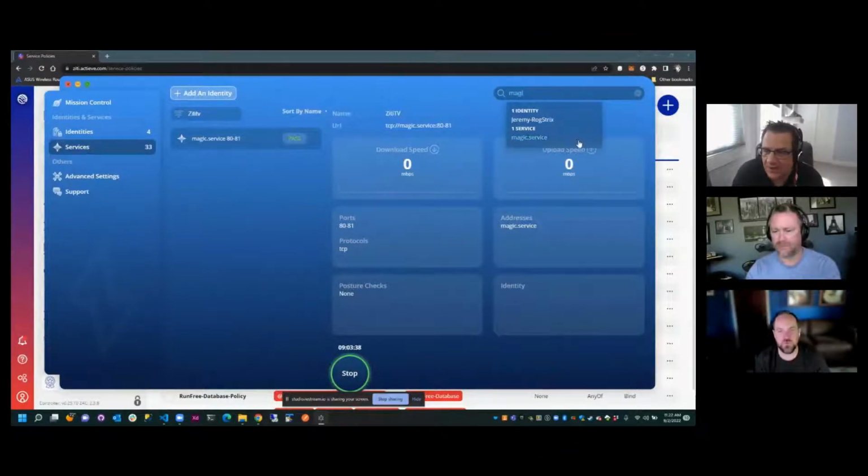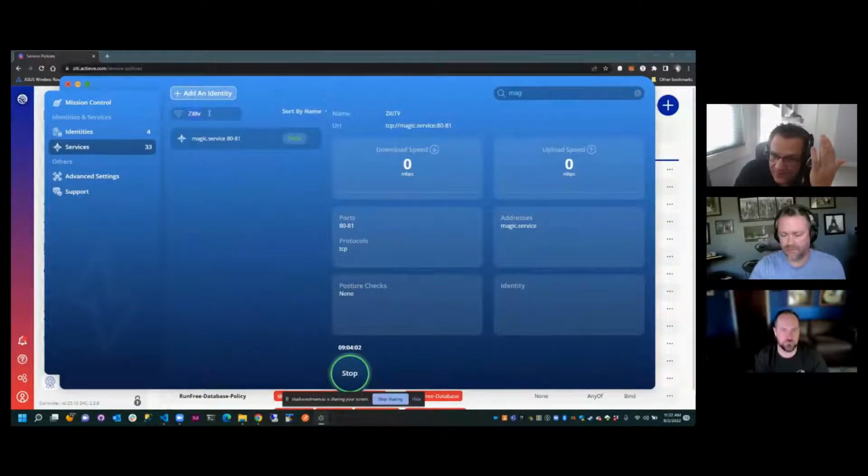Okay, so it shows it as magic service. Now I feel like the service name was ZD TV here. I don't quite understand why magic service is shown on the left. The name of that service was ZD TV. Yeah, but the address, we are showing the address here. Oh, that's showing the addresses over there. That's why I'm so confused.